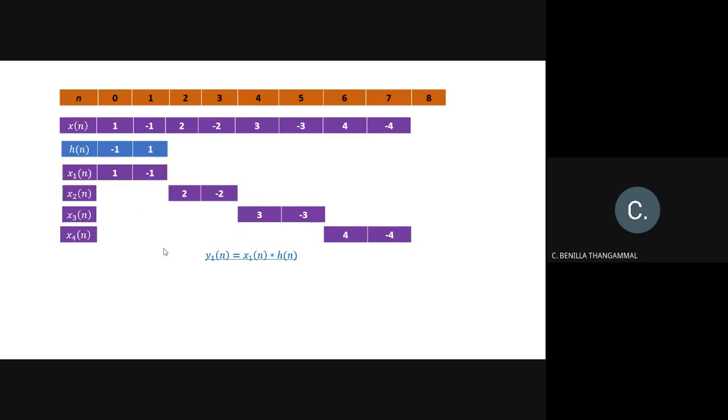So here, how many samples does your y1 of n have? 2 plus 2 minus 1 gives 3 samples, right? Now you can use the shortcut method to perform the linear convolution. So y1 of n equals x1 of n convolution h of n.